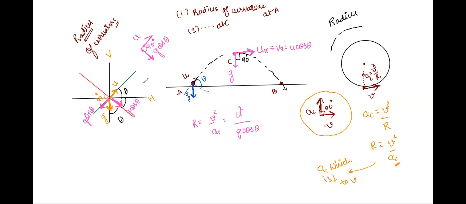Here in case 1, where I was talking about point A, I had to find out what component of acceleration is perpendicular to the velocity. But here at point C, acceleration and velocity are already perpendicular to each other. So in order to find the radius of curvature at point C, I will just write again v square by a_C. Instead of v square, I will have (u cos theta) whole square upon g, right? So you will get u square cos square theta upon g.